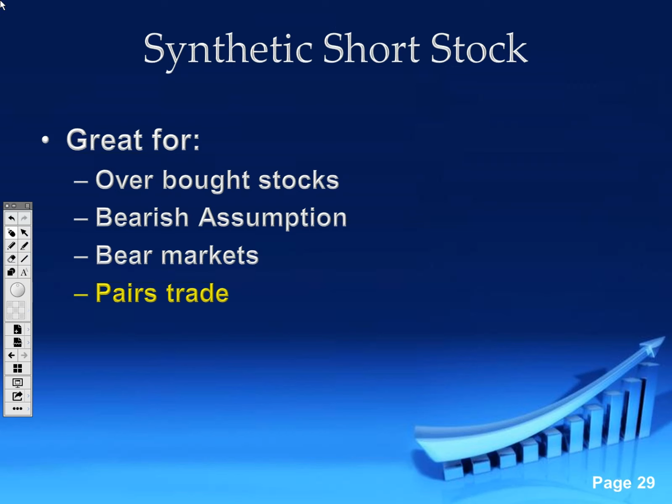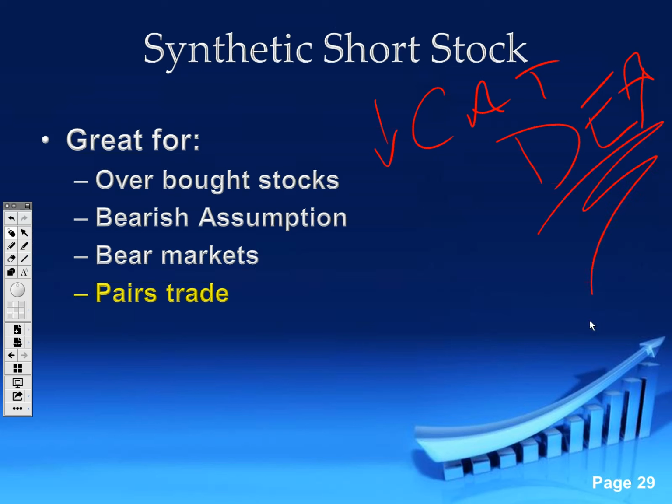Pairs trades. So for instance, you could look at Caterpillar and Deere. Deere's been moving up while Caterpillar's been somewhat bearish. So if you wanted to get into a sector and saw something outperforming another, or maybe you just like Deere and you don't like Caterpillar, all right, you could put on a pairs trade, and this is good for your portfolio. Maybe you're long a portfolio that has a lot of Deere in it and it's made a big move,